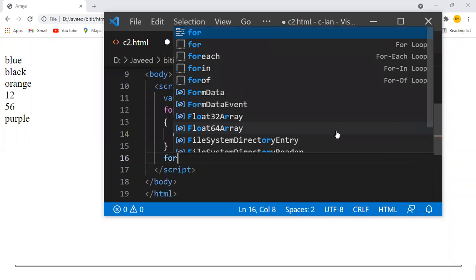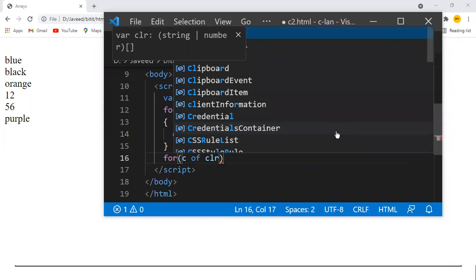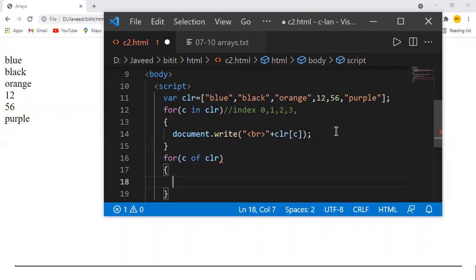When I'm using the for of loop, it is not going to give me the index. It gives me the element value, that is what is called the data value. But when I'm using the in loop, it is going to return the element index instead. Whereas the of loop gives the element value instead of the index position.